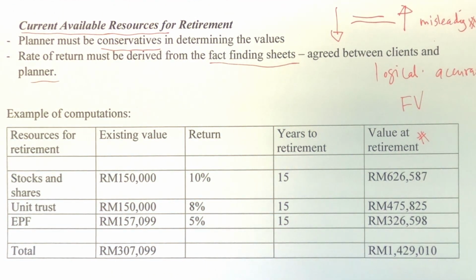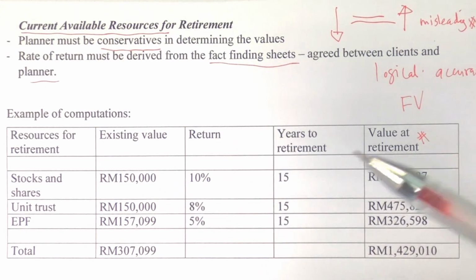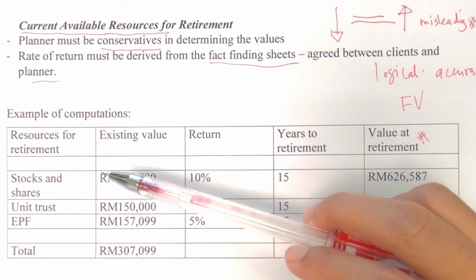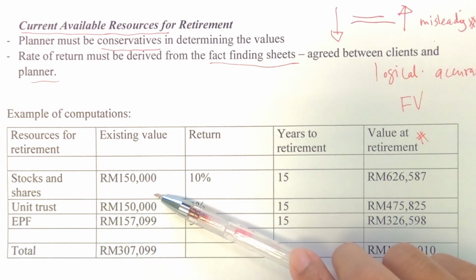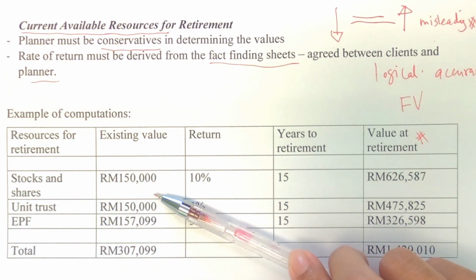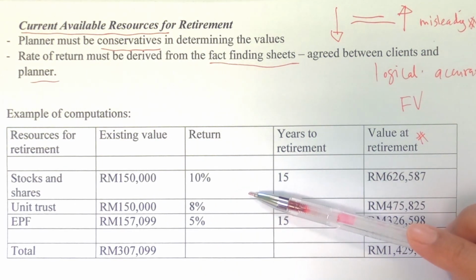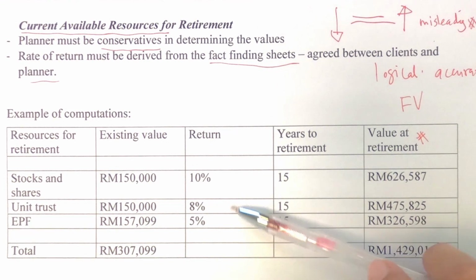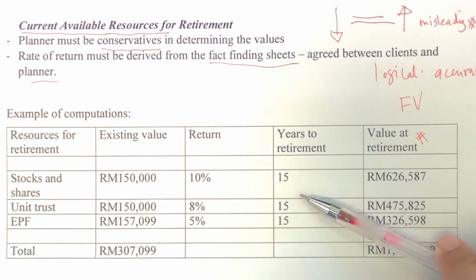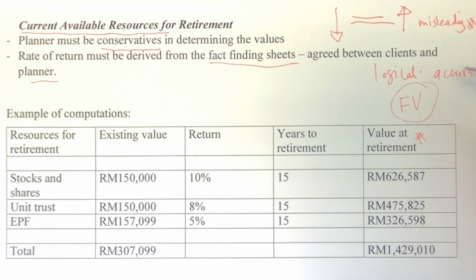Okay, so I will give you an example of computing the resources for retirement here. For example, let's say the client has stocks and shares with an existing value of 150,000. Let's say the return is 10%, which is quite modest and quite logical. And the years to retirement is 15 years, as in this example. Therefore, the future value is